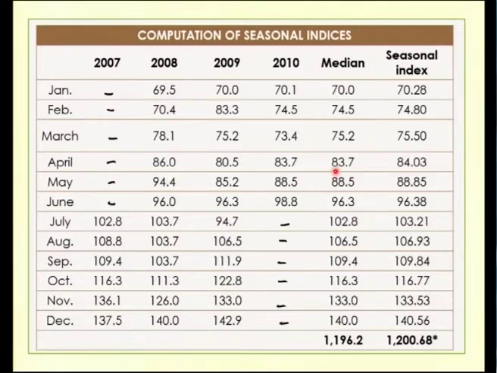Similarly, 83.7 is adjusted with 1.003, and we get 84.03. Likewise, this is calculated. Now, when you take the total, it comes to 1200.68. Therefore, it is nearly 1200 and acceptable. Therefore, for this problem, the seasonal index is starting from 70.28 to